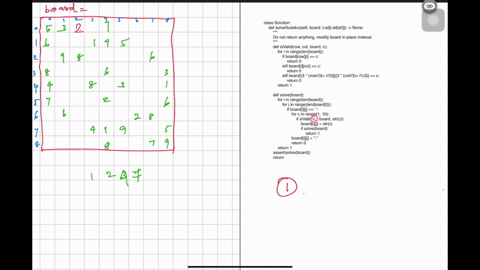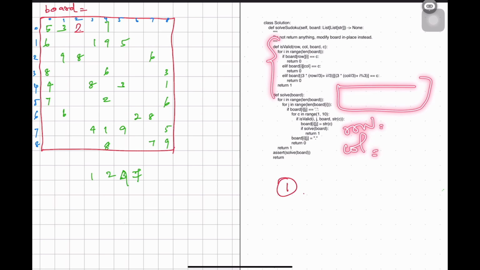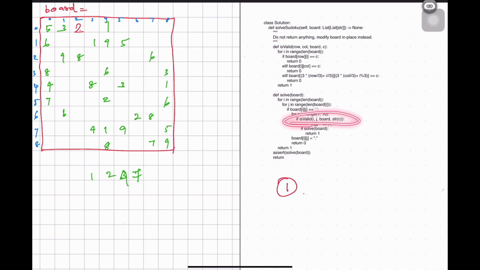Based on the i and jth value, you can verify whether this cell is filled, and you can check whether the new value is already present in the row, in the corresponding jth column, or in the box. Then don't use it. By storing those values in row and column sets, we can avoid the recursive function call every time, right?